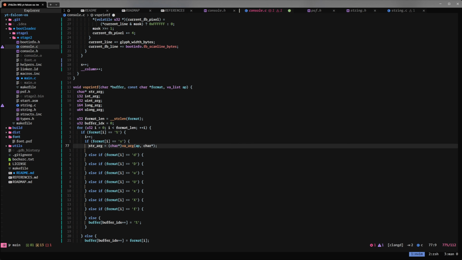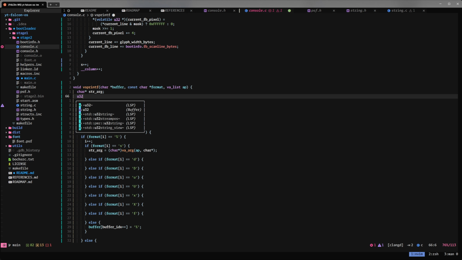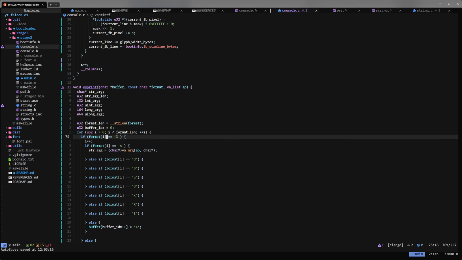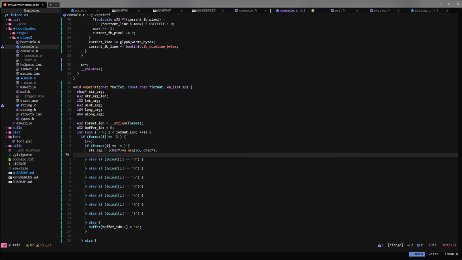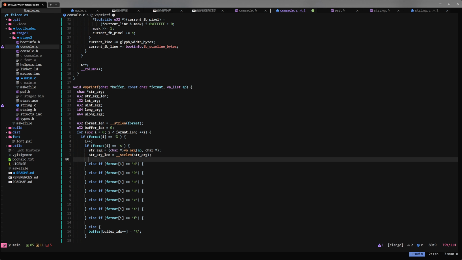So let's see, maybe I should go here and do u32 strarg length. Just define it that way. And here we can do something like this: strarg length is equal to, of course, we already have a strlen function, and we can use it here for strarg, right? Okay, so now we have the length of the string,